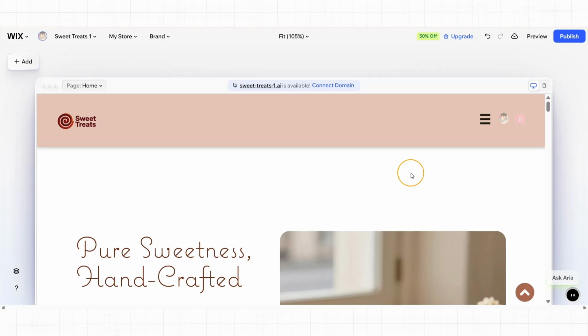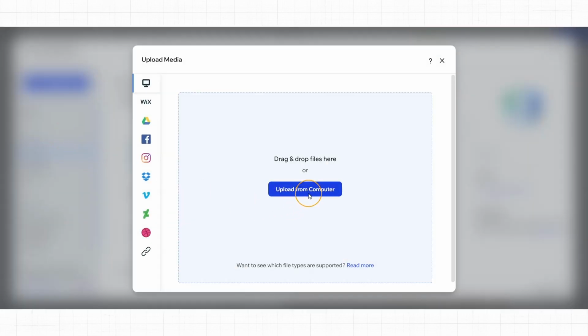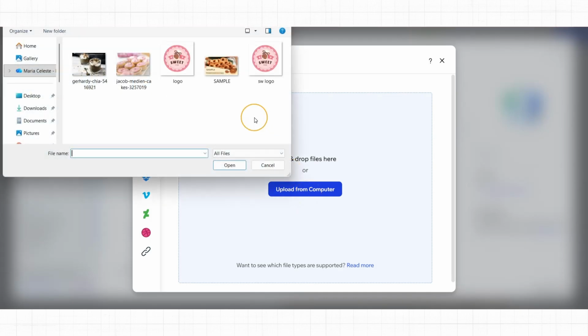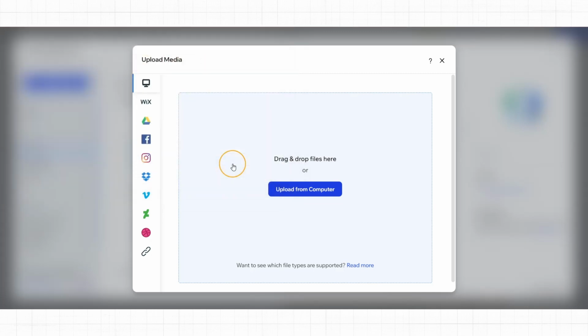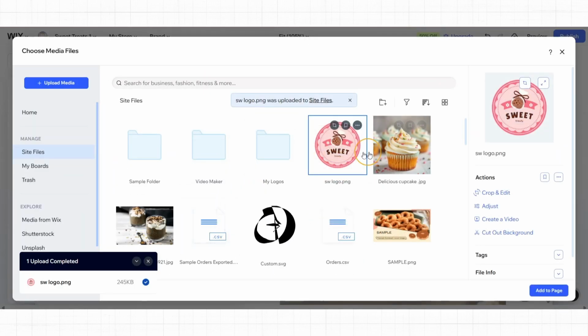Today we are going to learn how to add a site logo to our Wix Harmony site. Let's get started. Go to the Add button on the top left and select Elements. Click on Upload Media, Upload from Computer, and then select the logo that you would like to use, and then click on Open. Wait for it to finish loading, and once it's uploaded, click on it and click on Add